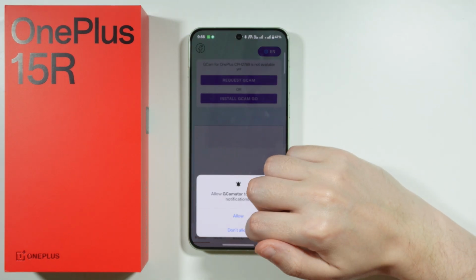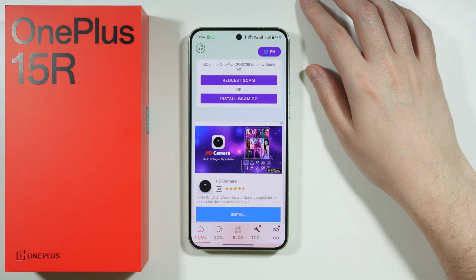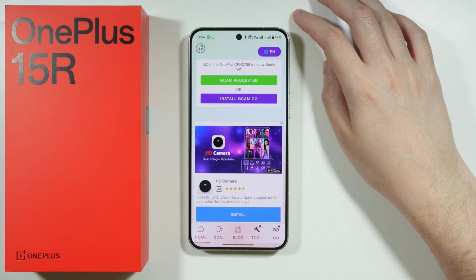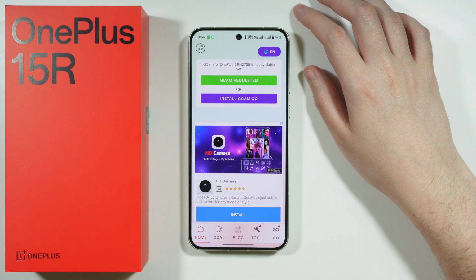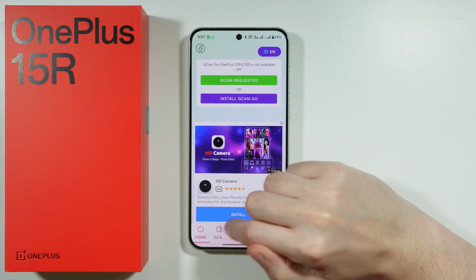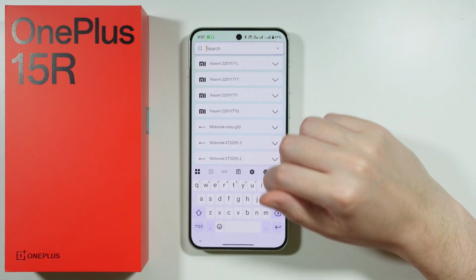So once we open the app, we can see if the GCam is available for the smartphone, for our OnePlus 15R. In my case, right now it is not available, so I'm gonna request the GCam and hopefully it's gonna be added in the future. Maybe if you are already watching this video in the future, then it might already be available in here. And if not, then we can go ahead and tap on a GCam in here and we can search for